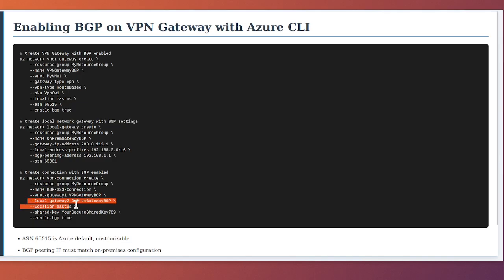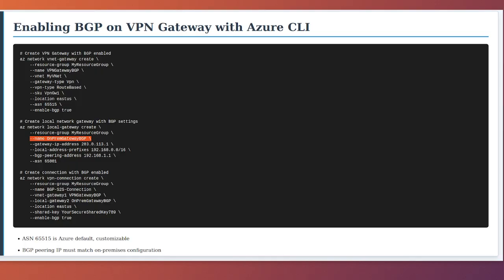The local-gateway2 parameter references the local network gateway on-prem gateway BGP. The location is East US. The shared key provides the pre-shared key for IPsec encryption, your secure shared key 789. The enable BGP parameter set to true activates BGP on this specific connection, allowing route exchange to occur once the